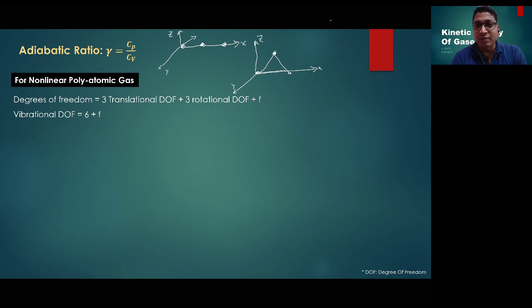ये लाइन तो नहीं करेगा, but ये मॉलिक्यूल का रोटेशन पॉसिबिलिटी है. It can rotate about x-axis. It is having 3 degrees of freedom, 3 rotational degrees of freedom. Okay, so if they are going to be linear polyatomic, only 2 rotational degrees of freedom. If they are non-linear polyatomic gases, they are having 3 rotational degrees of freedom.